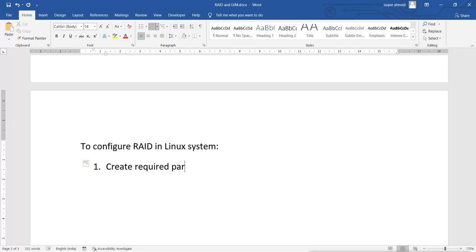I am saying required partitions because it depends on the level and on your requirement. If you want to create a striped volume, then minimum 2 and maximum 32 it supports. So it depends on you, how many partitions you need.